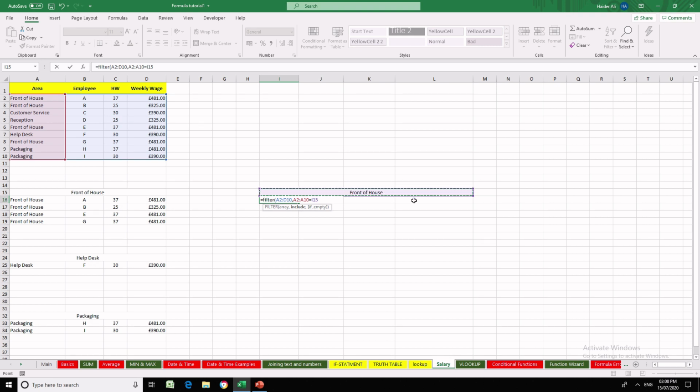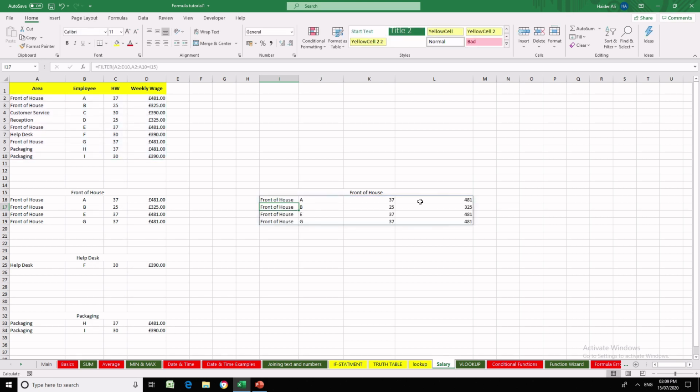Yes, so we are using this heading as a cell reference. You can directly type the front of house as well. Ignore if empty at present. So just close the bracket, enter. Okay, so that's filtered out four staff from front of house. Okay, now let's copy